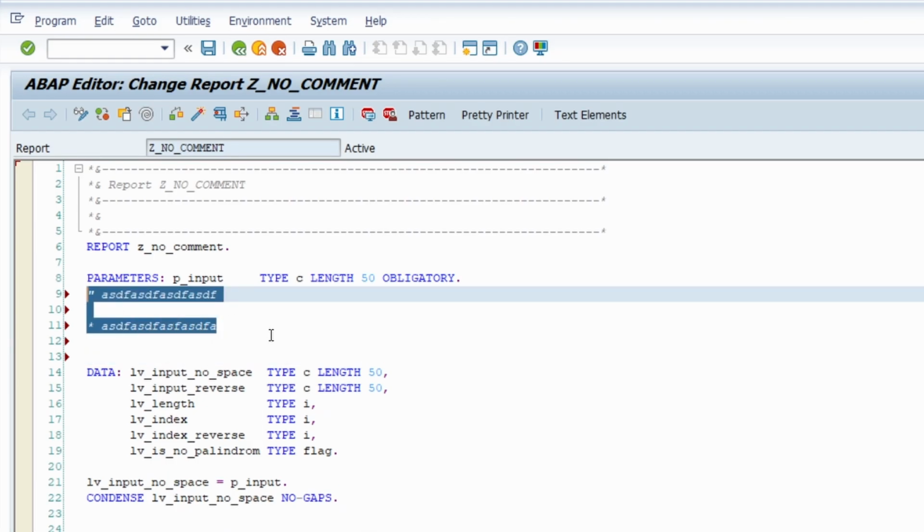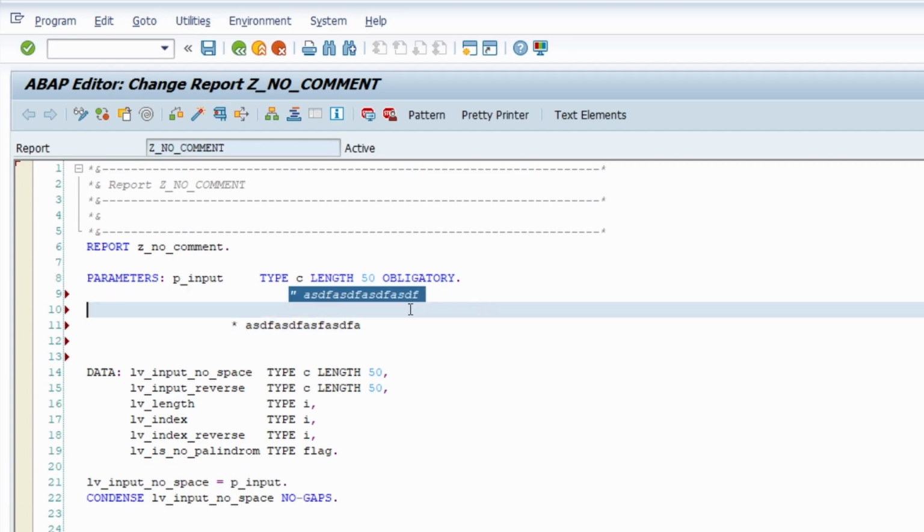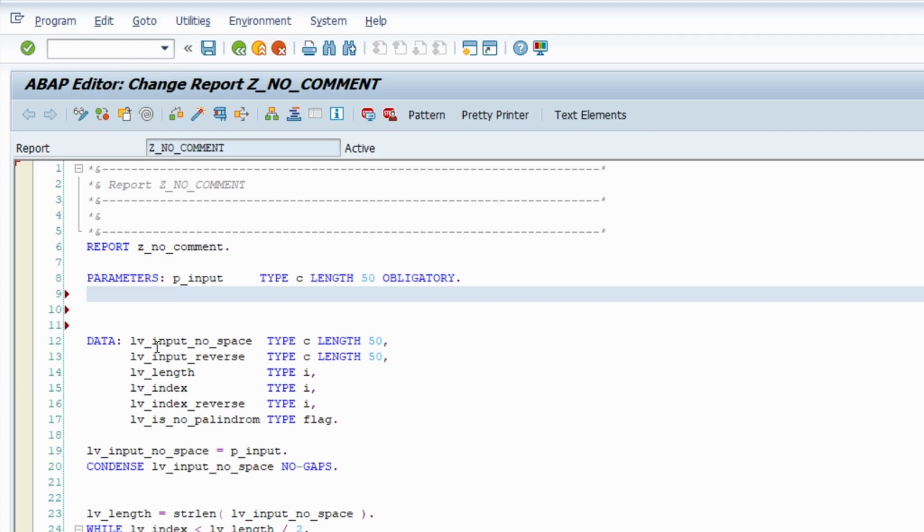And what is the difference between those two? With the quote, you can put them at any position in the line. So for example, if I'm moving them to the right, it could be here. With the asterisk or with the star, you're not allowed. They always have to be at the first position. So if I would like to move them, as you might see, moving the color, this is not allowed. So this has to be at the first place. But here you have to describe your code, what you do, so that later on you and other developers directly see what your code is about and can easily find maybe a mistake,